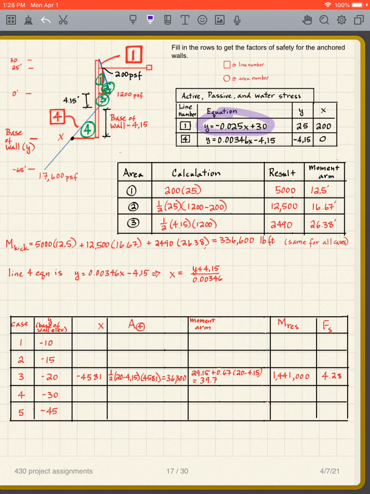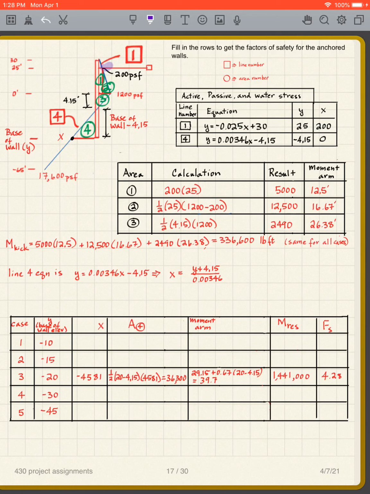In other words, at the anchor depth, this stress is 200. And remember, we ignore the very top stuff. We're just cutting that out. We don't need to find that area. We're just taking it as 0, anything above the anchor. So we're just looking at what's going on below the anchor. And we find the stress there is 200,